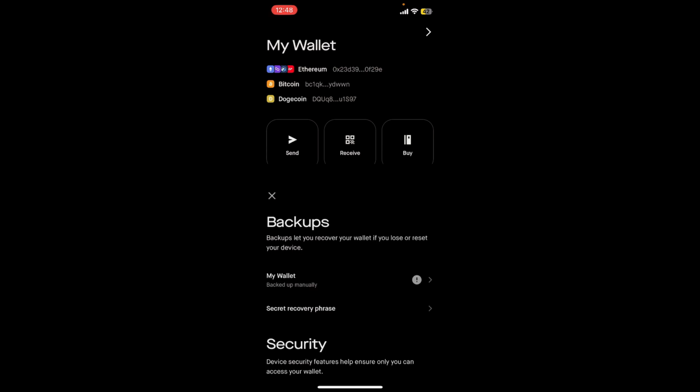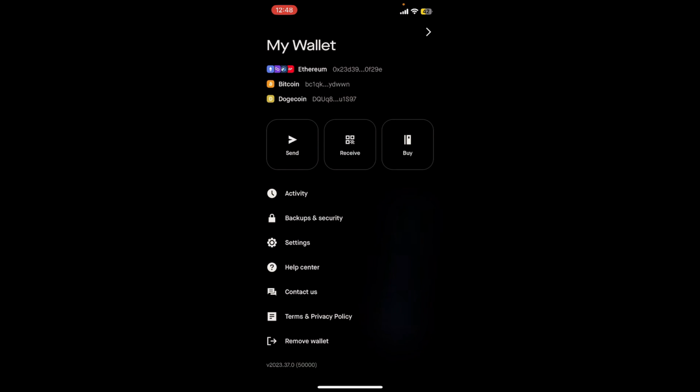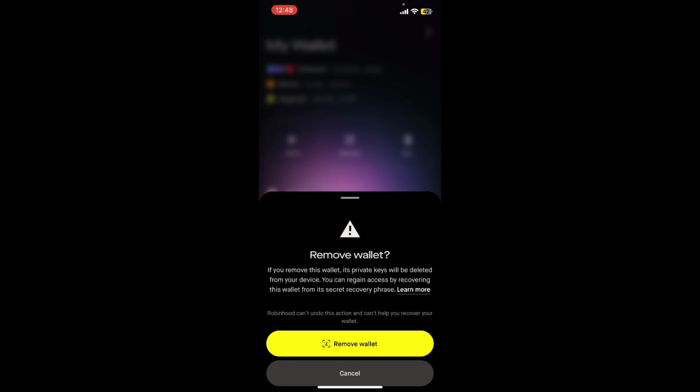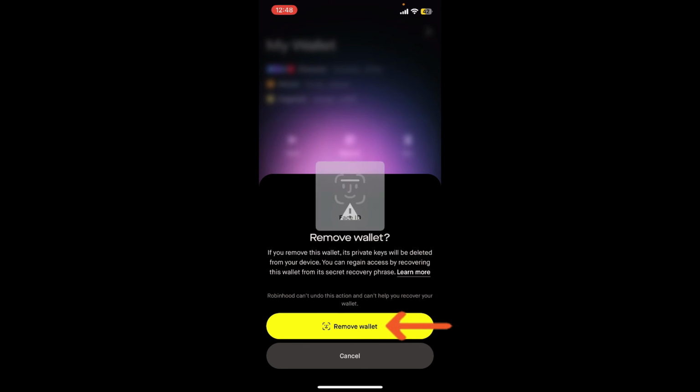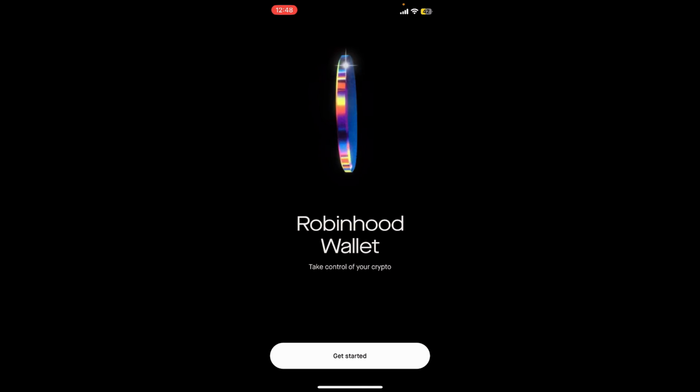You can simply tap on Copy to Clipboard button at the bottom and then paste in the phrases somewhere else secure where no one will be able to get access to them. Once you have your backup done, you can go ahead and get to this My Wallet page and then tap on Remove Wallet. Tap the Remove Wallet button one more time and you'll be able to log out of your